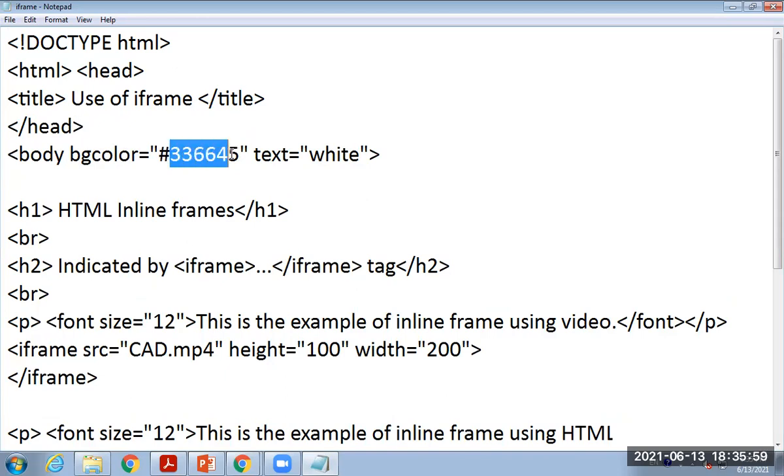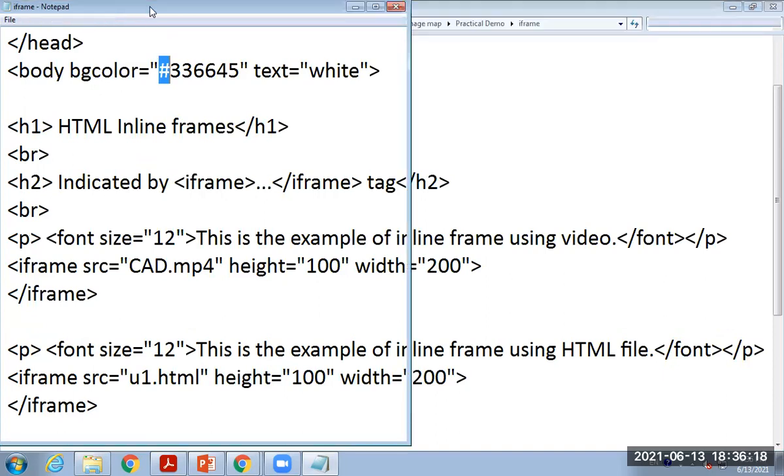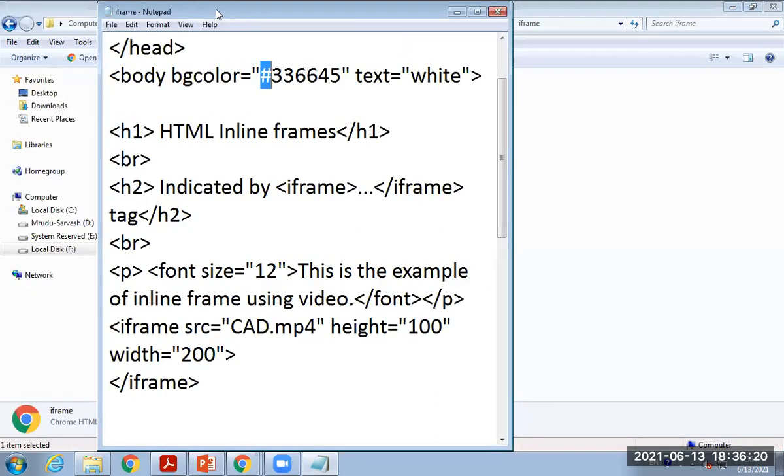You may remember this concept of the background color, that it is the combination of three main colors R, G, and B. And whenever we are using the numbers, we have to provide them with the hashtag. After that, we have provided the heading of the output page.